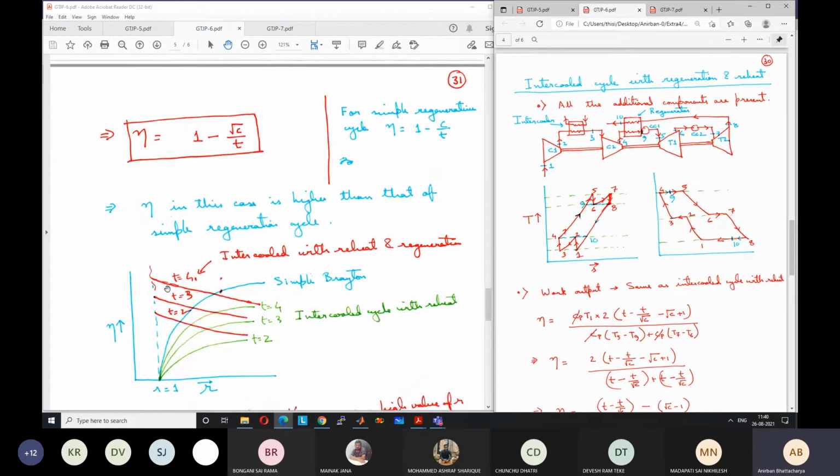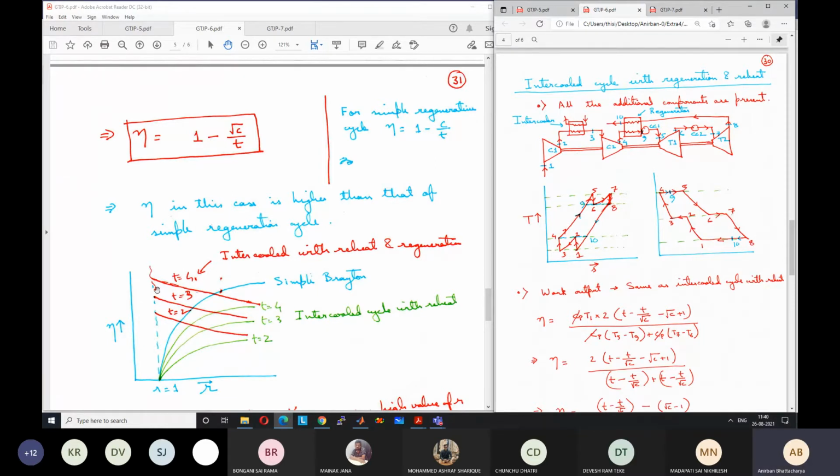So the intercooled cycle with reheat and regeneration, again I will show you in a MATLAB plot in a second, but it looks like this. Again, the nature is different. Nature is similar to that of the regeneration cycle. Whenever regeneration is there, nature is like this. So it decreases with R and increases with temperature, and the maximum value is obtained at R equal to 1. Obviously, we cannot operate a cycle at R equal to 1 because there is no work output. But the theoretical limit for efficiency is highest at R equal to 1, for any regeneration cycle.